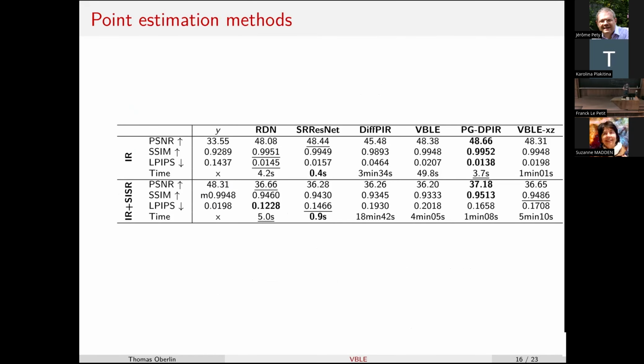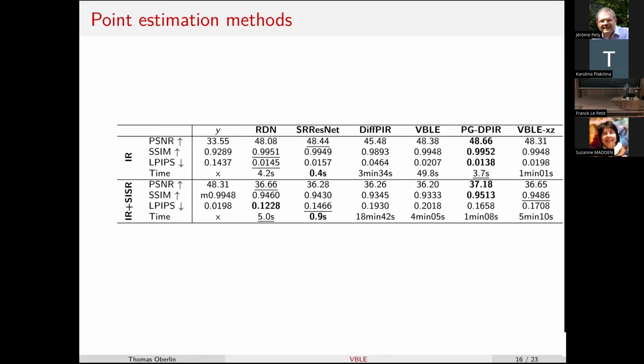And these are the results. I can go back later if you want, but in a few words, our method is not the best. If you just look at a single image, plug and play with a denoiser is very good, and it's quite efficient in computation time.